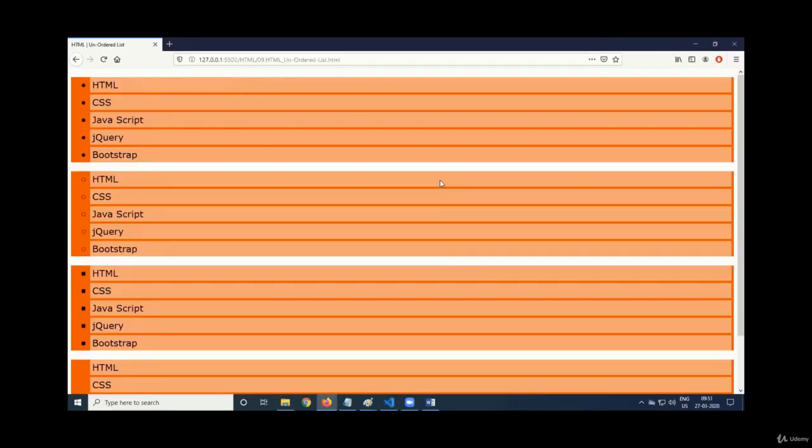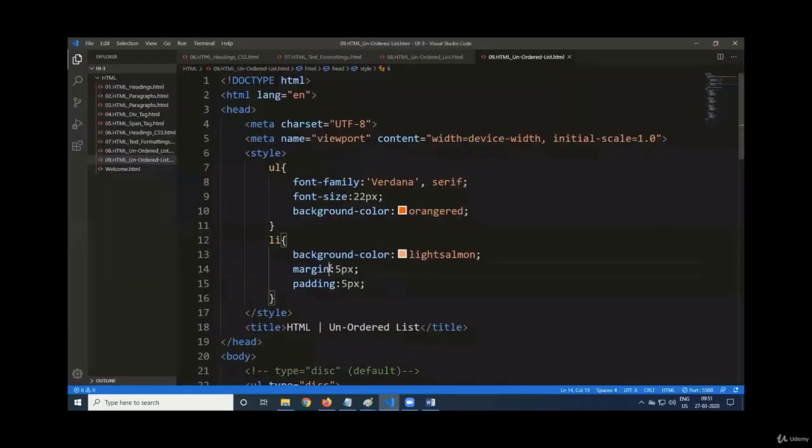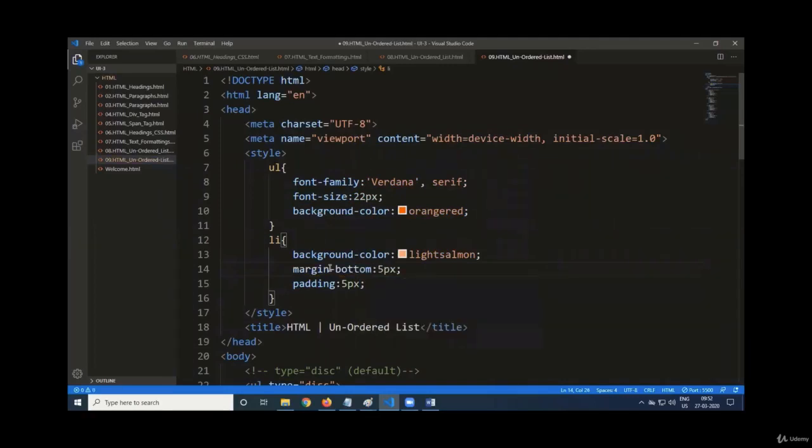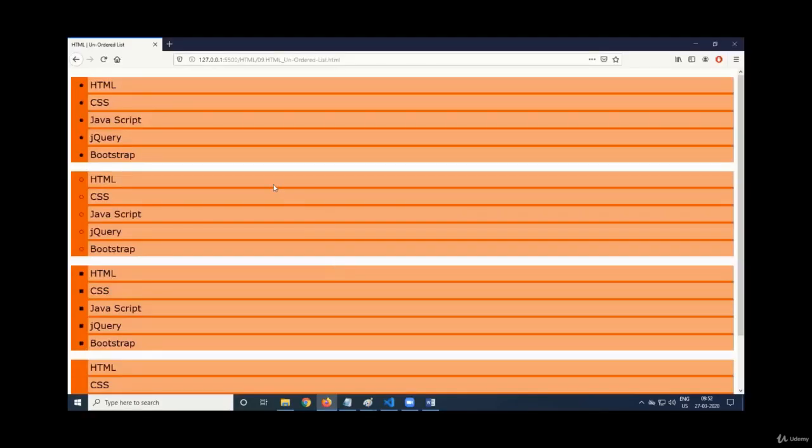Sir, is it not at the bottom, margin at the bottom? I just gave all sides some margin. Here also some margin. If you want to have it only at the bottom, it depends on you. Why I'm asking is, here on the top, there is no margin, right? No, that is not margin. That is called padding of this unordered list.